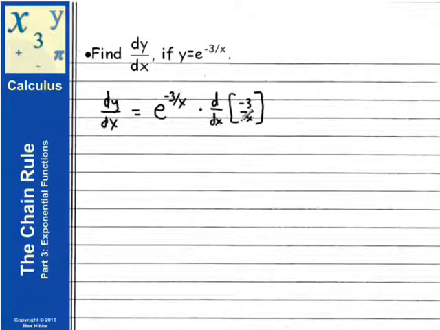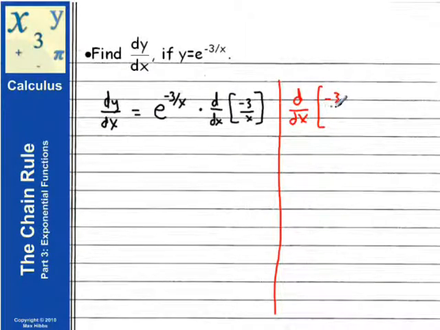Now, this derivative we can't necessarily do in our head, and that's the reason it's critical to be able to write down our problem in this fashion. So what I'm going to do is come over here to the side and work on calculating this derivative of negative 3 over x. The first thing I want to remember is that this is not in a form that's easy for me to differentiate. Rather than use the quotient rule, which I could, it would be a little easier to rewrite my expression